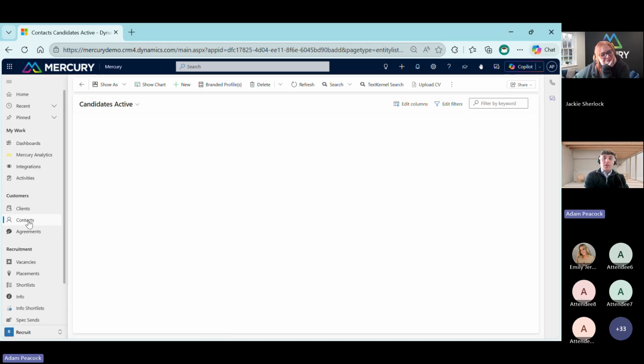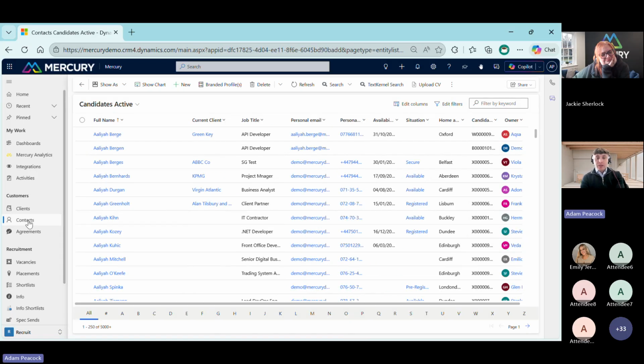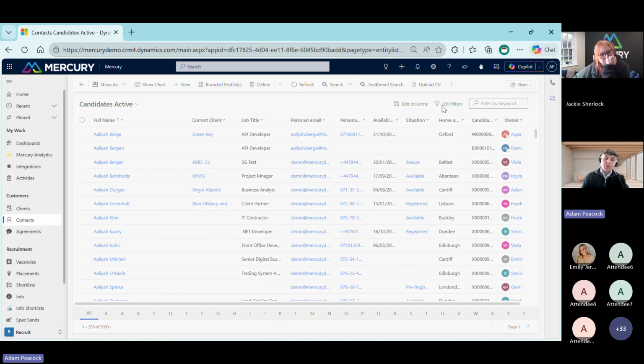So starting off with contacts, there's multiple things we can do within here. Obviously, you've got the two options. You can look for candidates, you can look for client contacts, and we can actually start drilling into our data within here. So the prime example I like to give all of our customers is going into the edit filters. And this is for more of a BD perspective. Clicking the edit filters,